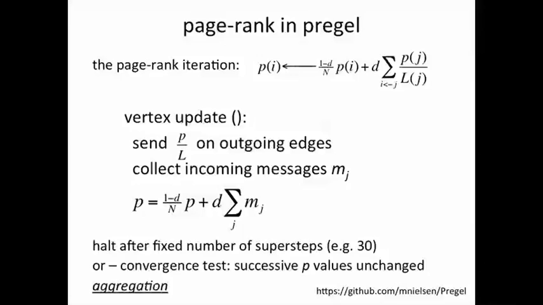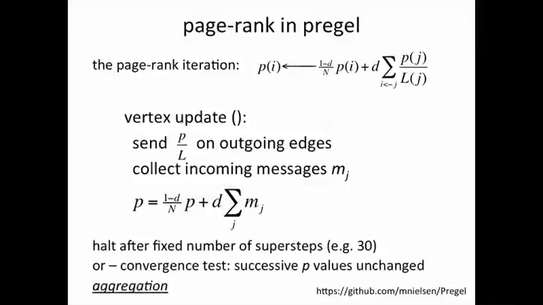Right. Now, the way you compute PageRank, one of the ways is you start off with some random values at every vertex for p, just make everything 1 or half, or typically 1 by n is taken as a starting point, and then you do this kind of an update. So p of i at the next step becomes p of i times a factor. Typically d is something like 0.85, so this becomes 0.15 over n. So it's p of i multiplied by some factor plus d, which is say 0.85,